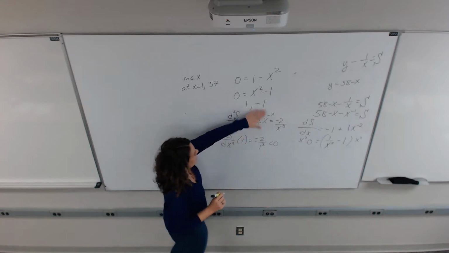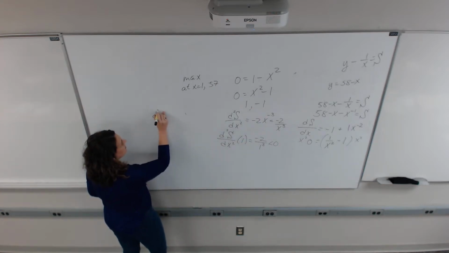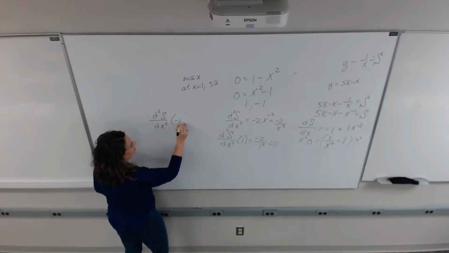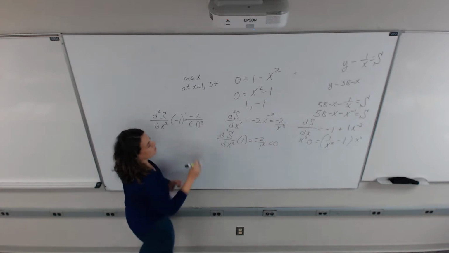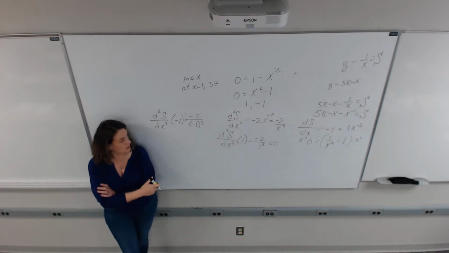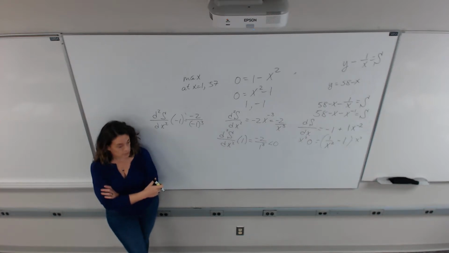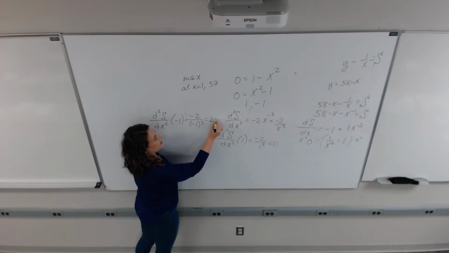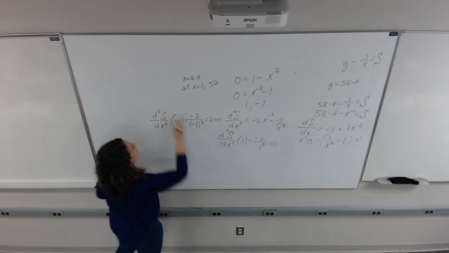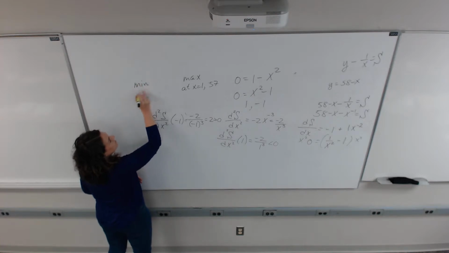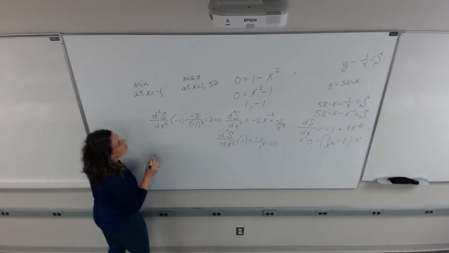And now let's try it at negative 1. So take the second derivative with respect to x both times and plug in negative 1. What is a negative 2 divided by negative 1 cubed? The negative 1 cubed is still negative, and a double negative makes it a positive 2, which is positive, which means it's concave up, and that must mean I have a minimum at x equal negative 1,